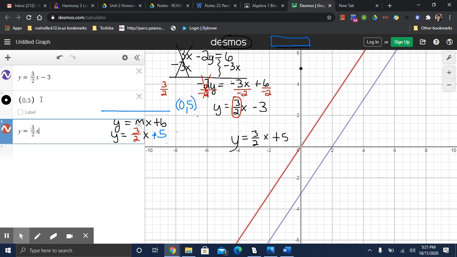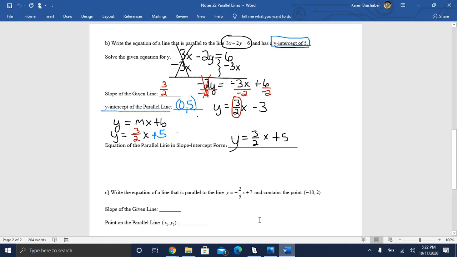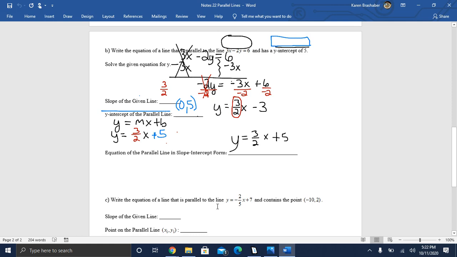So notice that the slope is the same. Now notice, until I work on this, I do have a parallel line, but it has to go through 0, 5. So I have to add in that y-intercept, and now I have my line going through the 0, 5 as requested. And those are my two parallel lines. And so sometimes you have to do a little work to find out what the slope is of that given line. All right, and then if we'll look at our final example,